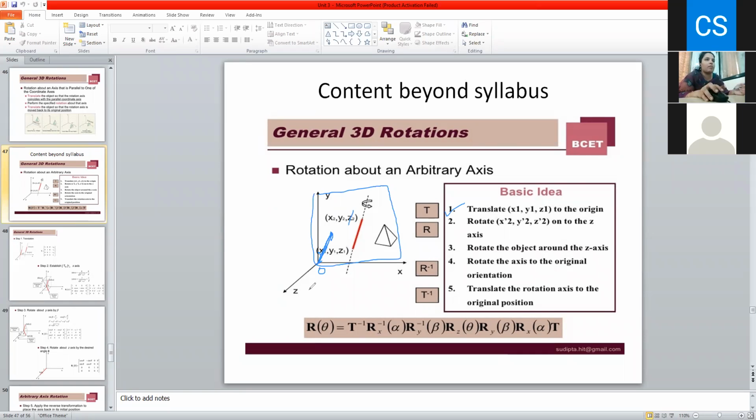Getting it? Yes, students. Yes, ma'am. Okay. So that angle is considered as alpha angle. So rotation is carried out. Or we can say rotation is carried out about X and Y. You have to make it coincide on any plane and then any axis. That is the main thing you have to do. So the first rotation is done. After the first rotation, the XY plane